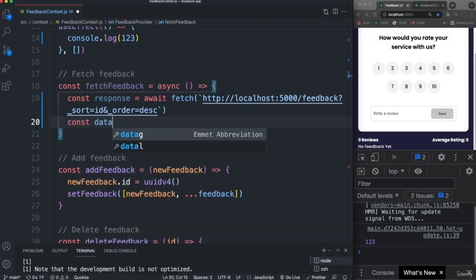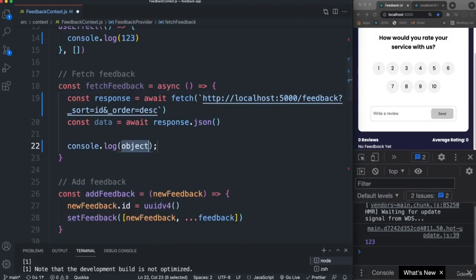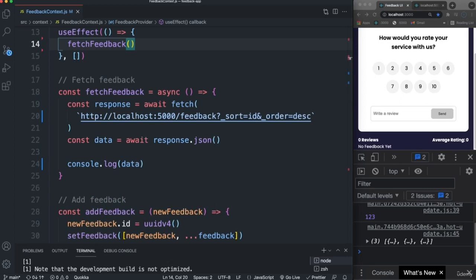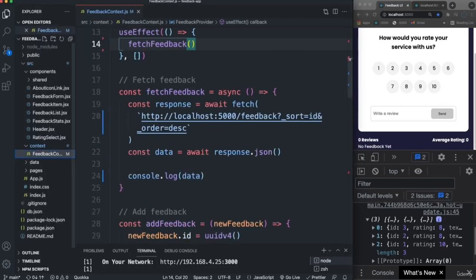Now, if you're familiar with the fetch API, which you really should be if you're learning React, we want to await on the response, and we want to get the JSON data, and we can do that with .json. So let's console log data, and we need to run this, and we want to run it when the page loads. So in the useEffect, let's call fetchFeedback. So now you should see down here your 3 items, or whatever items you have in your